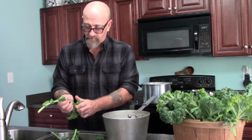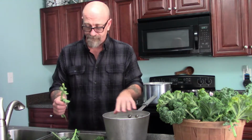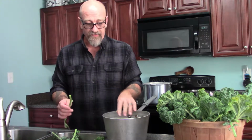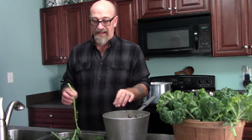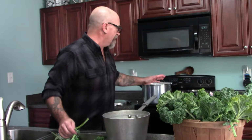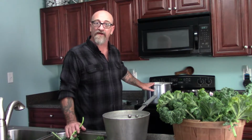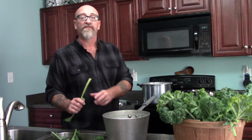While I'm doing this, we'll talk a little bit about the canning. We are going to be canning this kale at 10 pounds of pressure for our altitude. You need to get the manual for your canner and look up the directions and follow the specific directions for your canner for your altitude. If you do not know the altitude where you are, you can look it up on the internet and then just follow the pound